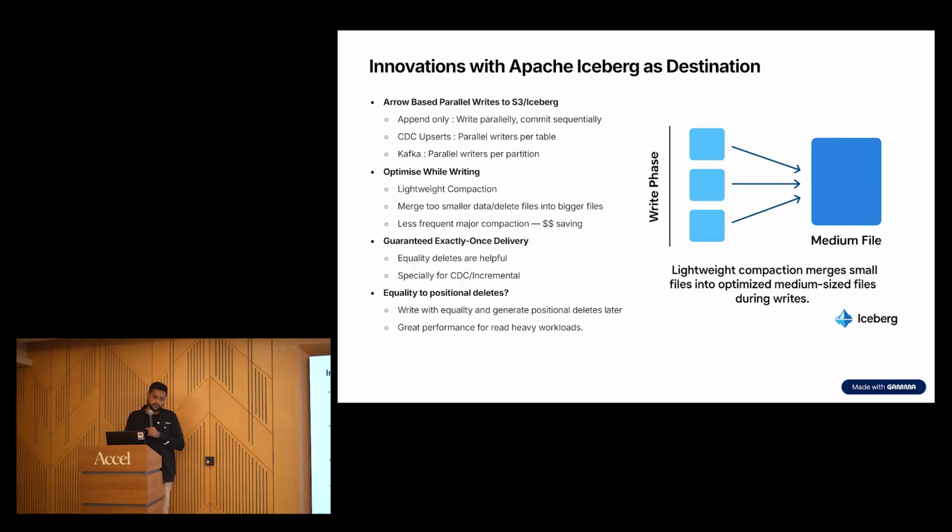Apart from this, there are a couple of innovations we have to do while writing to Iceberg. This is what I was talking about in the first slide, right? Iceberg is, at the end of the day, just Parquet. So we can use Arrow to write into Iceberg. For people who are not aware, Arrow is an in-memory columnar format. The reason Arrow is fast is that you get the data into an in-memory columnar format and dump it into Parquet as a columnar format. That dump from columnar to columnar is pretty fast, and it also takes less memory